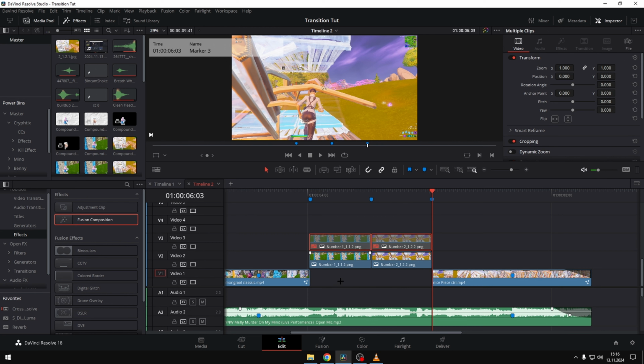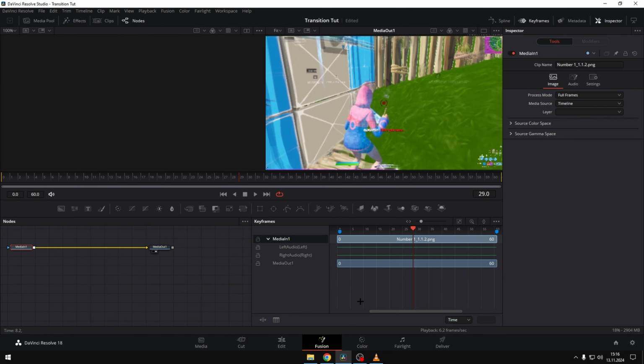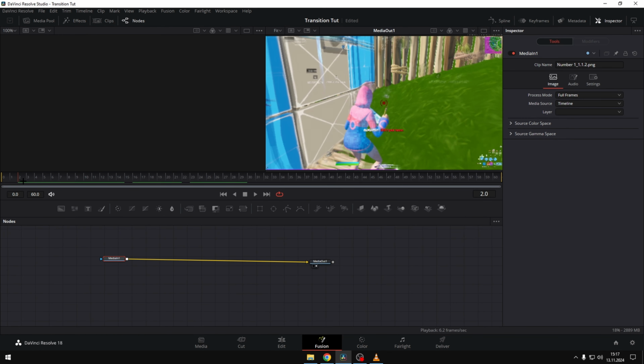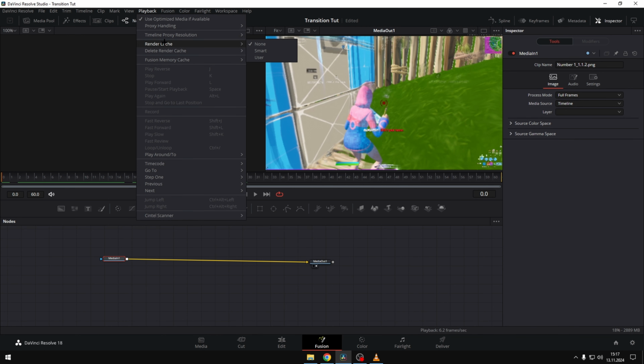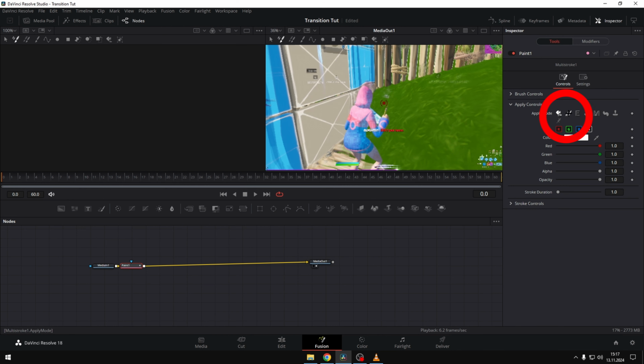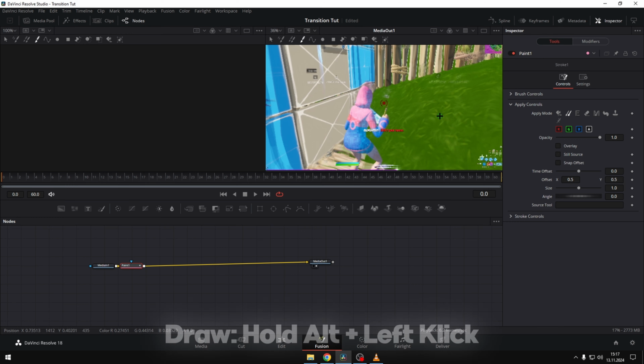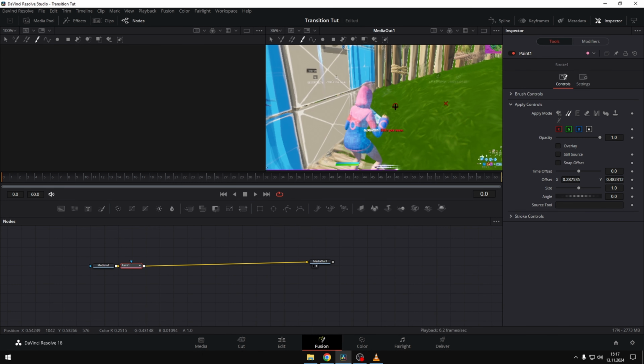Now disable these both with D on your keyboard, and now you go into the Fusion page with this one. So as you're in here, what you're gonna do now is to disable your quarter resolution playback. Go into here, go into paint, use these 2 brushes, this one brush right here, and now hold Alt on your keyboard and press left click, so right here,